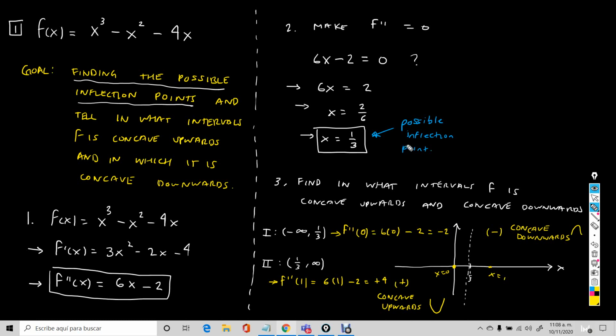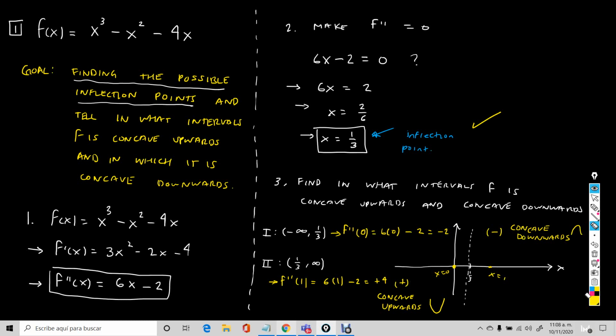conclusion. First thing is this: was this a possible inflection point? This number, because remember, at this point, it's only a possibility. Now once you do this, and once you realize that in fact this point over here is the point at which your function changes concavity, then you are sure that it was an inflection point. It's no longer a possible inflection point, and now you are sure because concavity changed from concave upwards over this